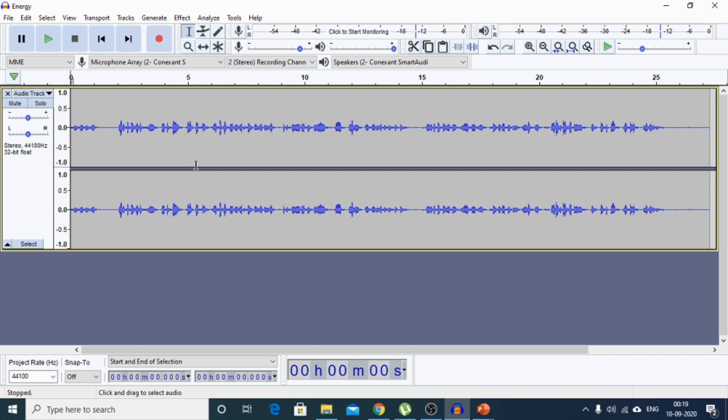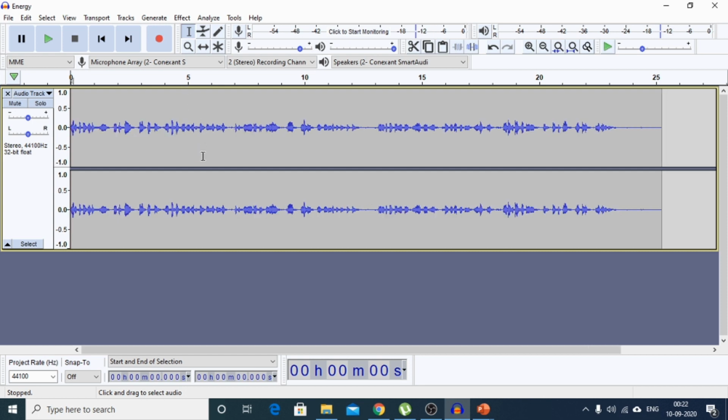Now let's go ahead with the editing of this recording. The first effect that we want to apply in Audacity is noise reduction, the background noise reduction. Noise is the gap between our voice, the audio, whenever we speak. And noise is something that makes a video or audio completely waste. So it is very important to reduce the background noise from any audio, to make effective e-content or video. For removing the noise, first of all we need to select the portion.